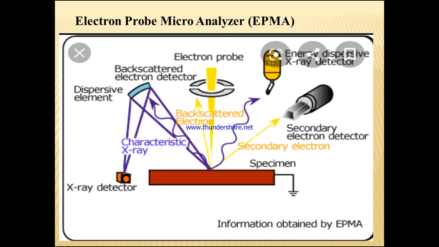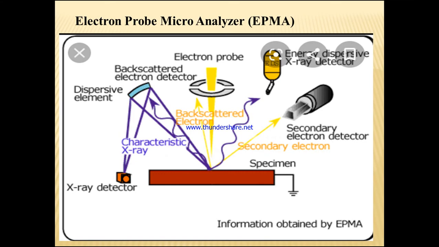And inelastic scattering is nothing but the emission of characteristic X-rays. It may be the emission of secondary electrons, or the emission of characteristic X-rays. That we call inelastic scattering. And Bremsstrahlung emission is when some of the high energy electrons are absorbed by the specimen, and after absorbing, it may emit some other electrons, or the specimen may only absorb the energy or the electrons. That we call Bremsstrahlung emission.